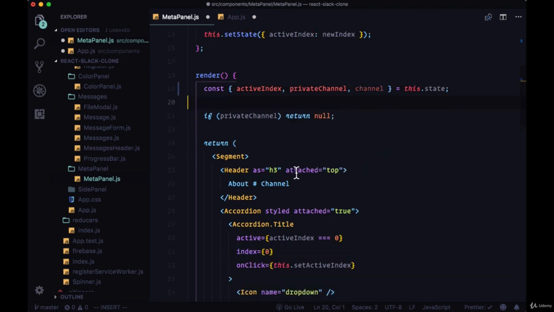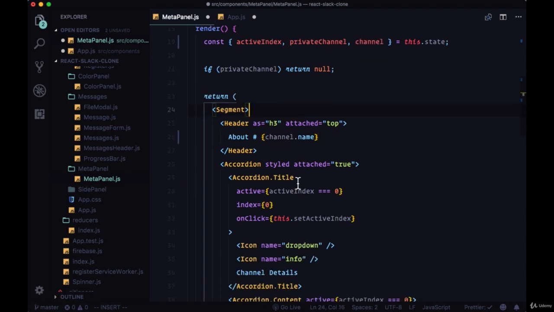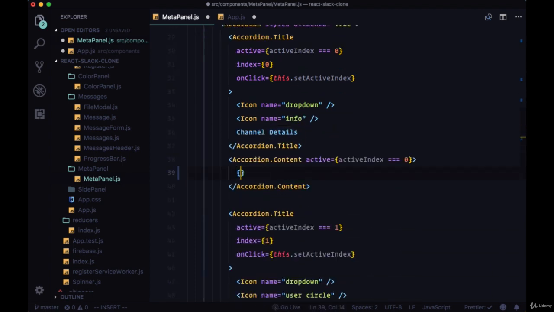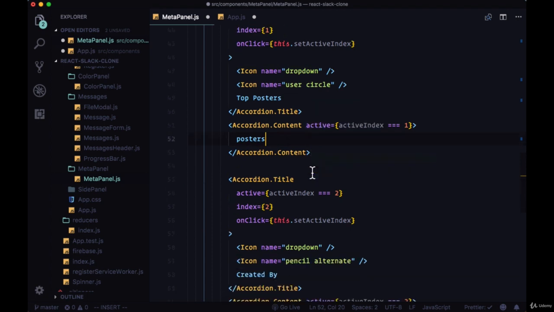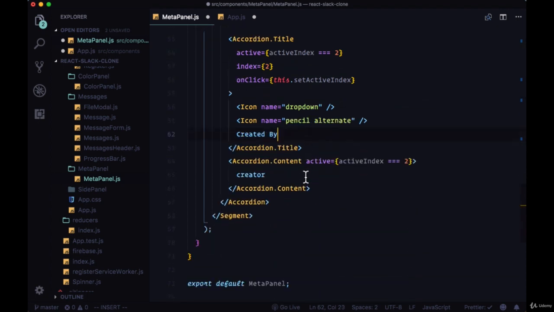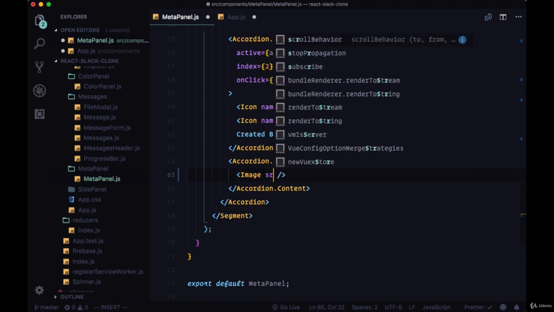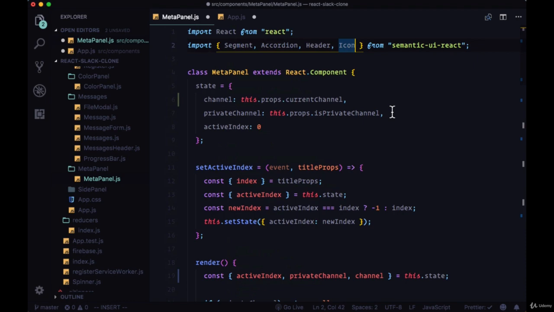We'll destructure that from our state object, and first within the header we'll grab channel.name to get the channel name, and within channel details for the accordion content we will just output channel.details. For the posters we'll cover that in a later section for our top posters, and then in the last accordion segment where we want to display who created a given channel, we'll first use an image component which we'll grab from semantic UI,